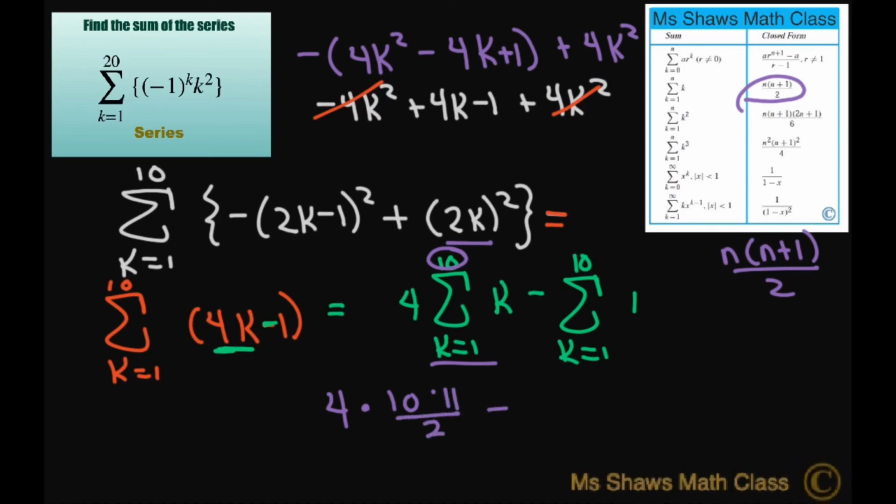And then this one is going to be minus. Now remember what this is. This is a 1 here. So basically you're taking minus 1 plus 1, 10 times. So it's going to be negative 1 times 10, because there's going to be 10 of these, dot, dot, dot. All right. So 2 goes into 4 2 times. So we're going to get 220 minus 10. So our sum equals